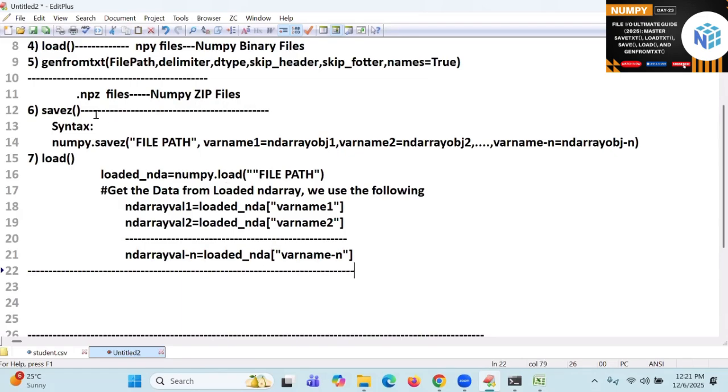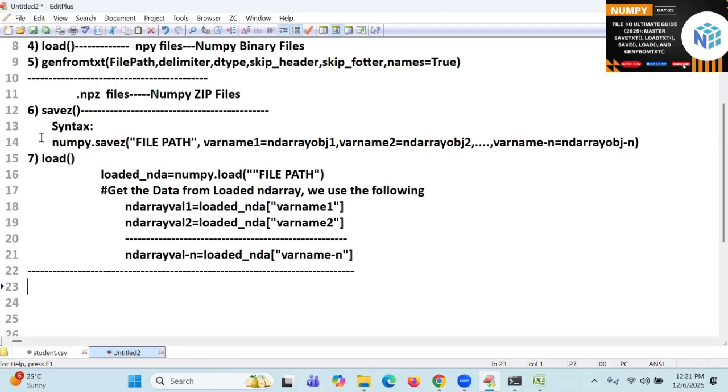Now, savez is storing the data in the form of a zip file. Normally it is available as K at one location, V at another location like that. But I want it in compressed format. A zip file itself is compressed only, but I want to compress that zip file further.